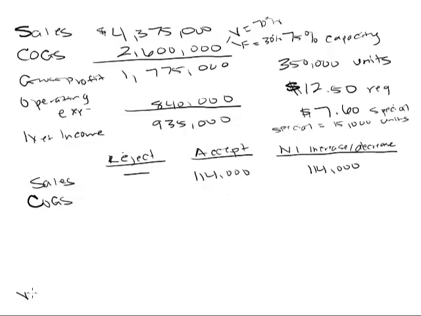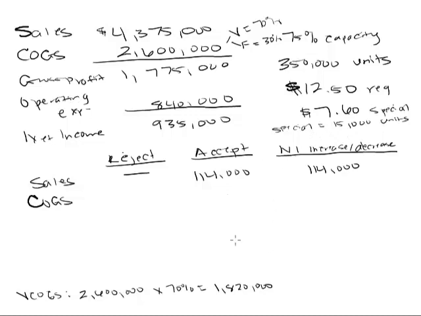All right, let's look at variable cost of goods sold. All right, 2.6 million is the total cost of goods sold, and we just said that 70% of that was variable. All right, so that means $1,820,000 is the variable part of that. Well, that's great, but this is for how many units? How many units are we making at this level? 350,000. Well, I need to have some number that I can relate to additional units.